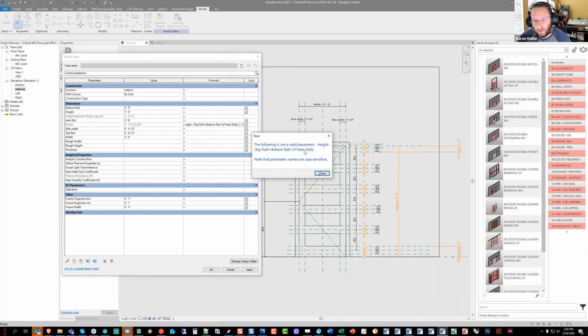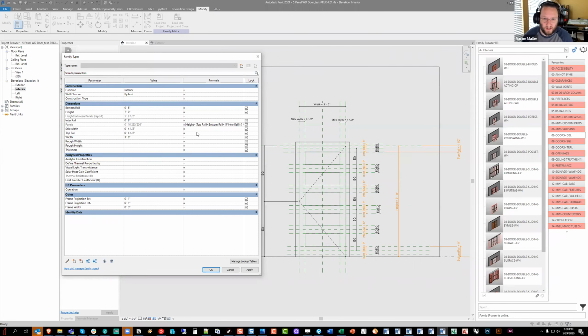The top is not a valid parameter. Oh, I probably pasted that in here poorly. Let's try it again. Oh, it's because I put brackets in there while I was goofing around in Notepad++. So,